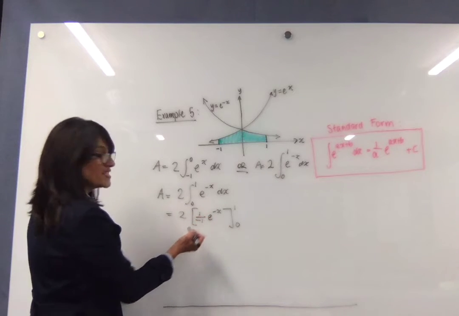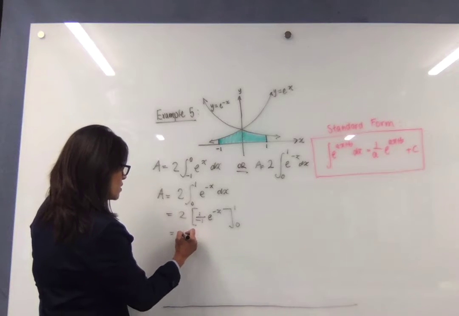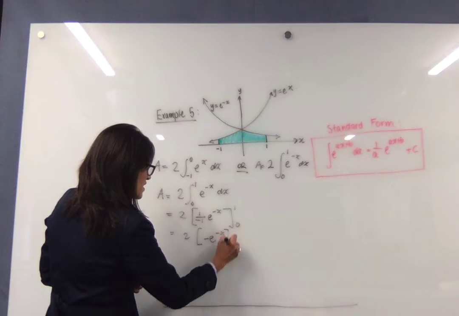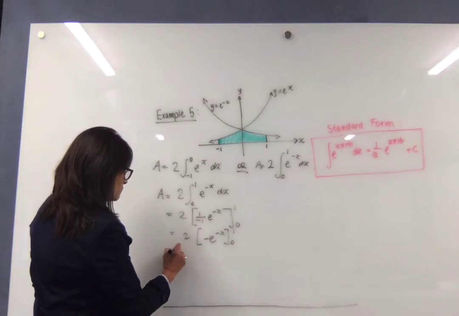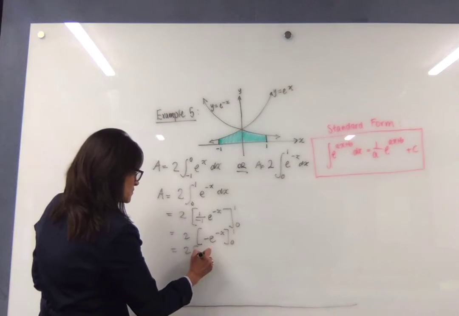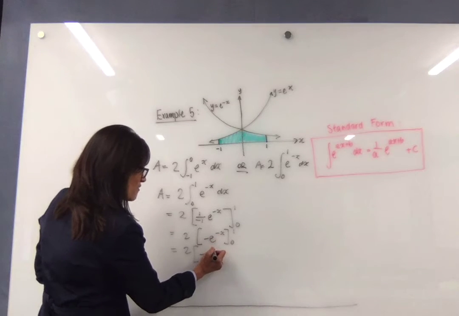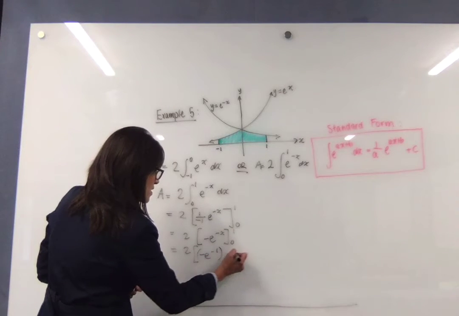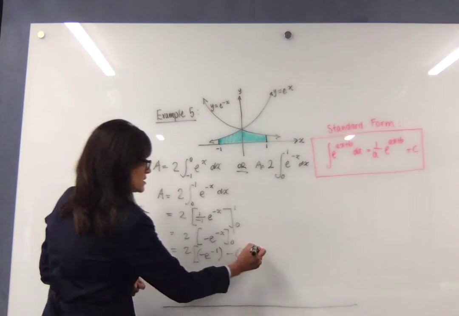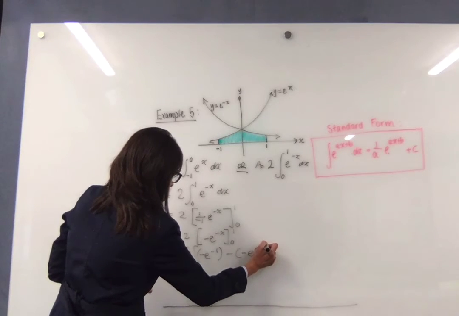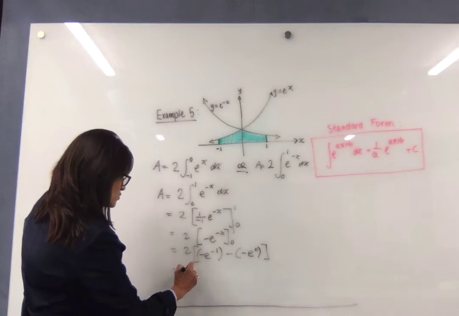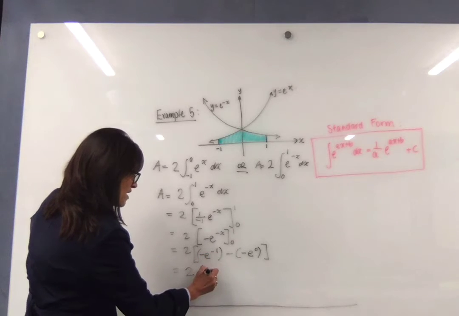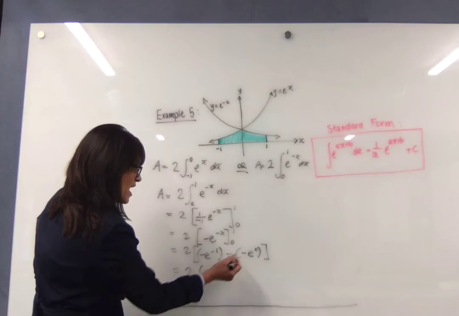Let's tidy this up. 1 divided by -1 is simply -1. So 2 times -e to the power of -x from 0 to 1, or 2 times -e to the power of -1 minus -e to the power of 0. So 2 times, in brackets here, we'll have -e to the power of -1, and this gives us